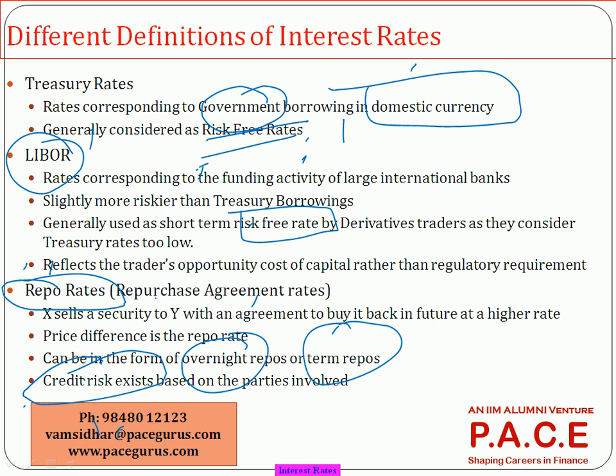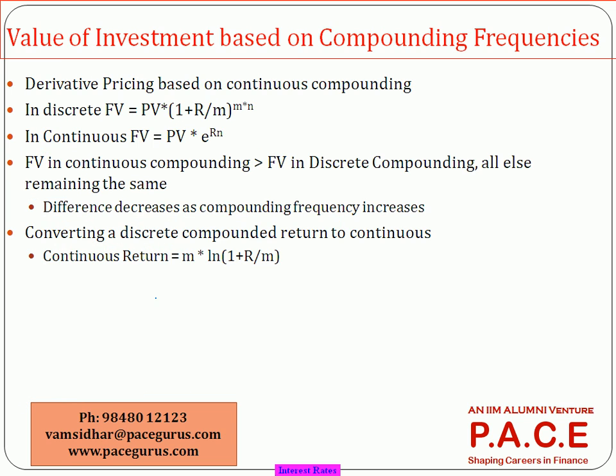Though some collateralization can very well be in place, some level of credit risk does exist. Which means the repo rate should be slightly higher depending on the creditworthiness of the party who is getting involved in this transaction. The repo rates will be slightly higher compared to a treasury rate or even a LIBOR kind of rate. So these are the three key rates which we have to be comfortable with. And any investment that we are talking of,